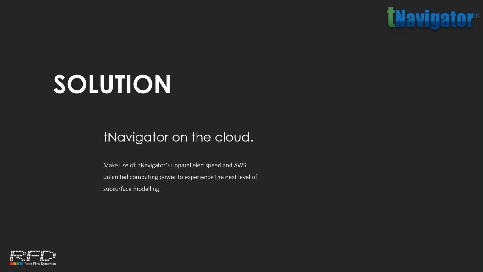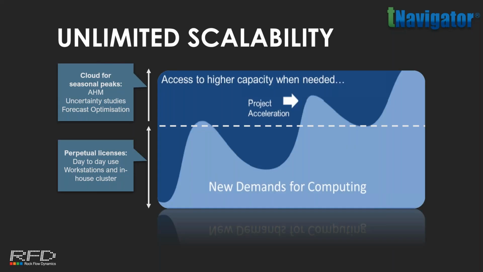By combining tNavigator's unparalleled speeds along with Amazon's virtually limitless computing power, we're able to actually bring you a solution that is as fast as a cluster in a package as small as a laptop. So let's go and revisit some of those challenges we mentioned before and see how they can be addressed by the cloud. So in terms of the first challenge, we are talking about not having enough licenses